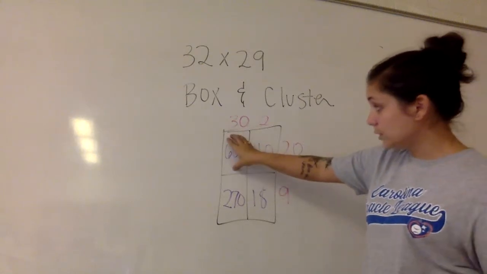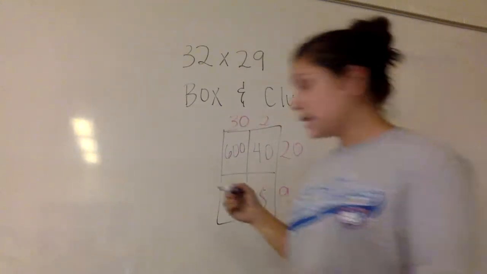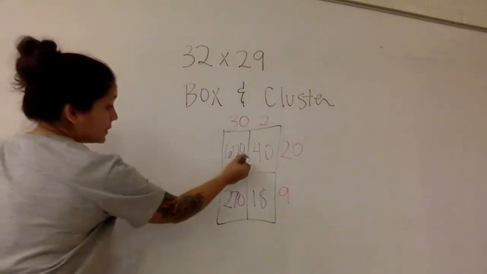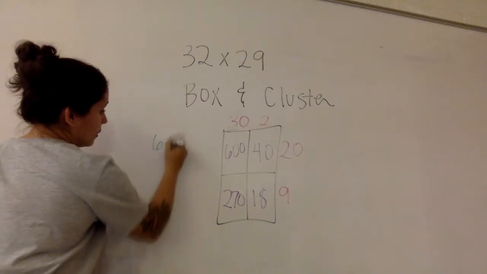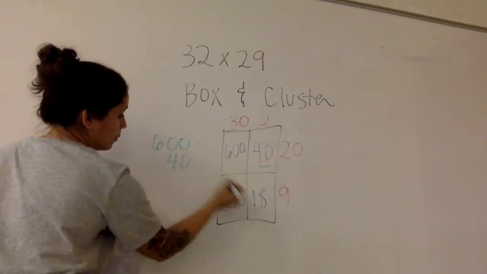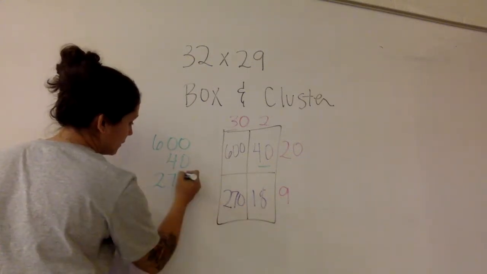So we literally just went to the box, we went up, we went over, and we multiplied. So over to the side. Now, you're going to do 600 plus 40 plus 270 plus 18,